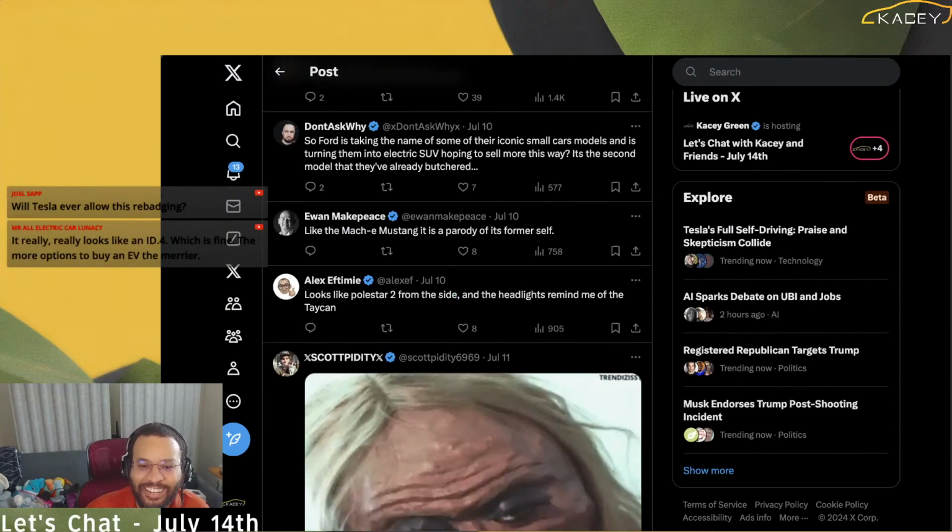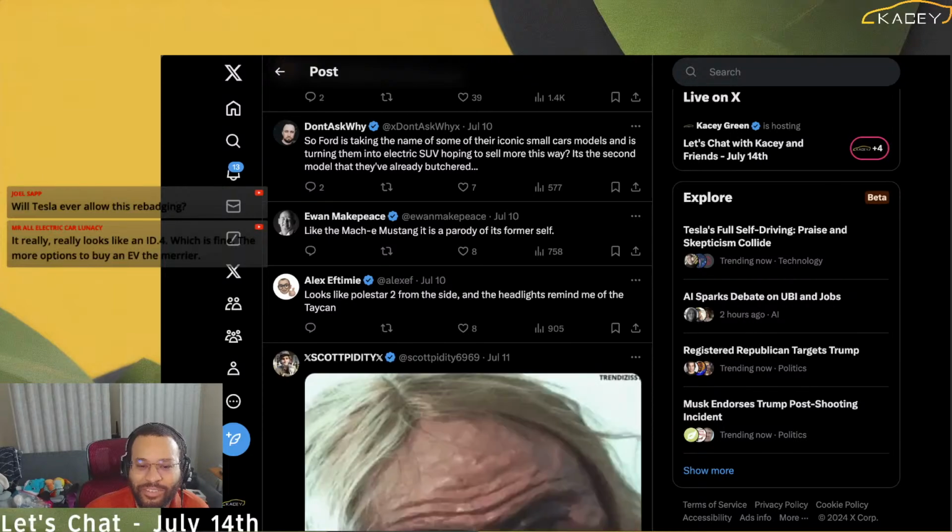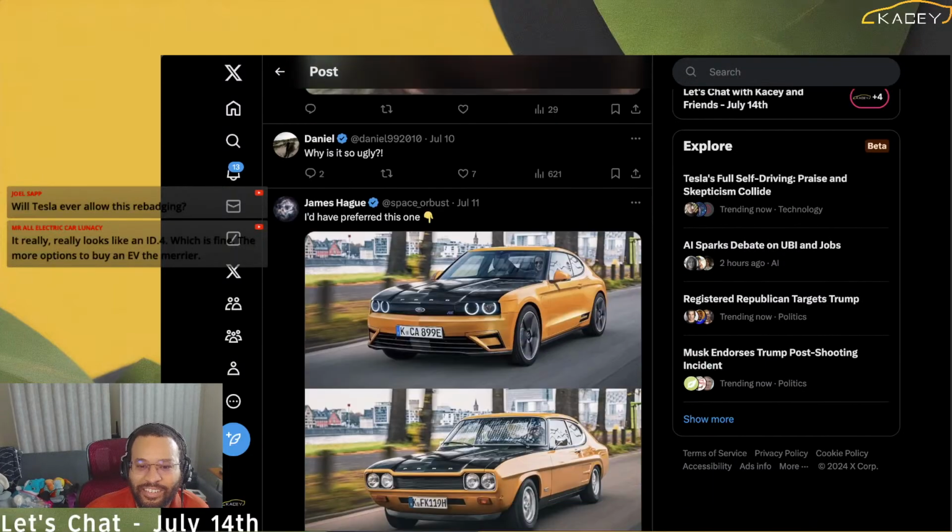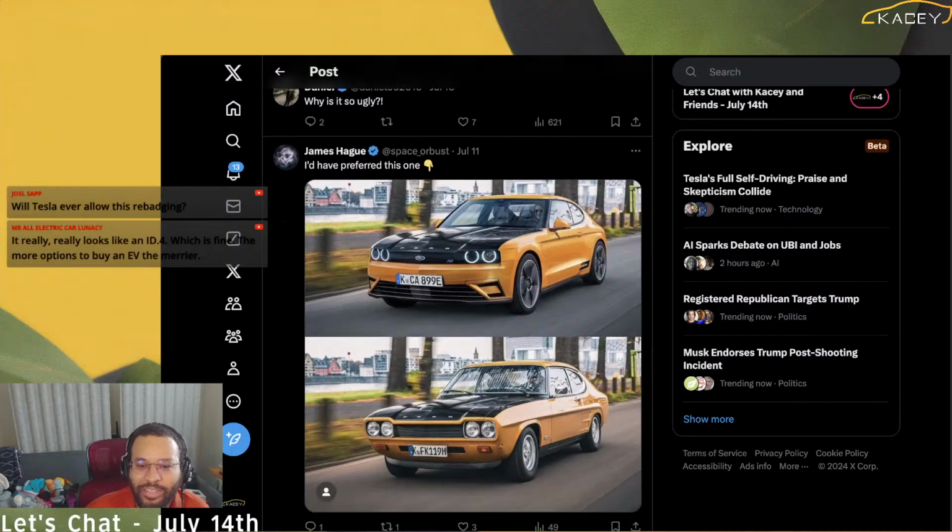Polestar 2 from the side, and the headlights remind me of the Taycan. I'd have preferred this one. You know what? That looks really nice. A nice fan update from the old Capri to the new one. Same thing that most of us said when they did the Mustang Mach-E: how about also doing the base Mustang into a really nice looking EV that keeps the original fans as well,